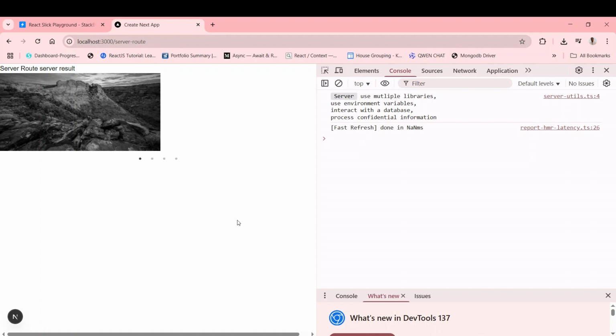So that's all for this video on third party packages in Next.js. Always make sure to use the right package, whether it is a server or the client, to avoid build issues